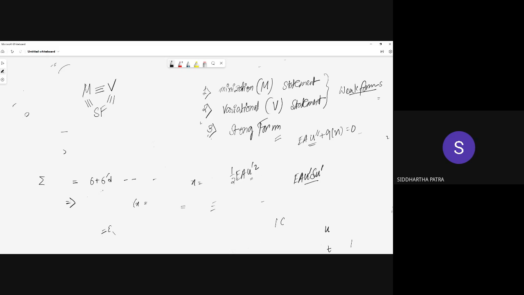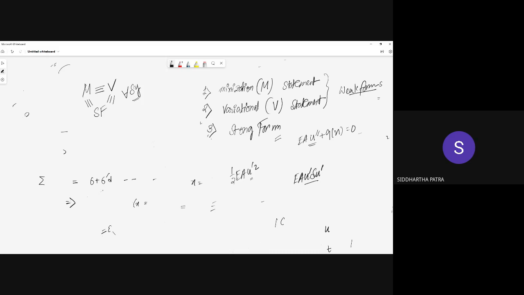The only thing that makes them equivalent of one another is the arbitrariness of the variation. If the variation is arbitrary, then only can you go with this equivalence. But if your variation is always supposed to be from the set of functions that you are looking for, currently you are looking for all possible functions.